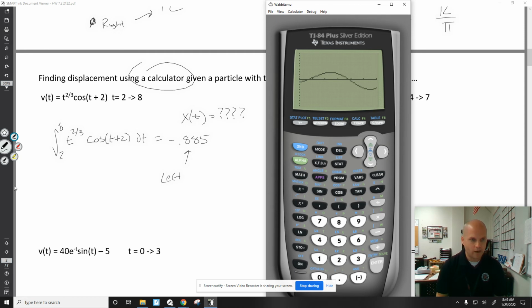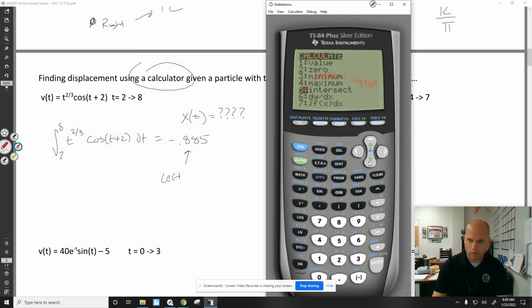Okay, so what I have here is the graph of velocity. Now, if you remember, when velocity is negative, position's decreasing; velocity is the same as x prime. So I'm going to the left, then going to the right, then going to the left. What I'm saying is that the area under the velocity will tell me how far I've gone left, how far I've gone right, how far I've gone left. And your calculator can accumulate these velocities, find this area